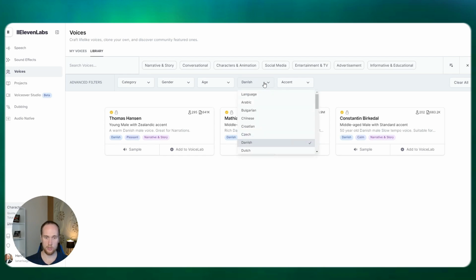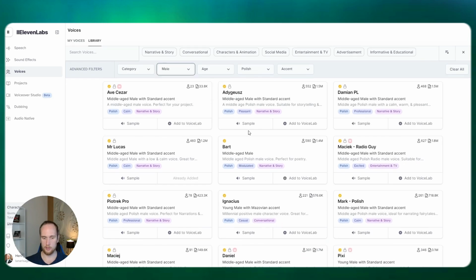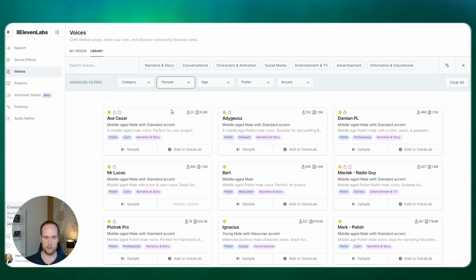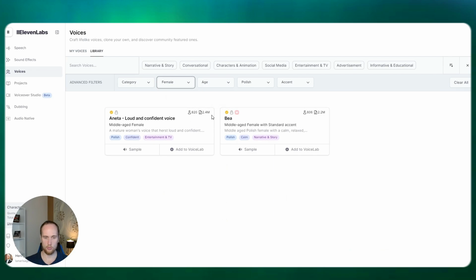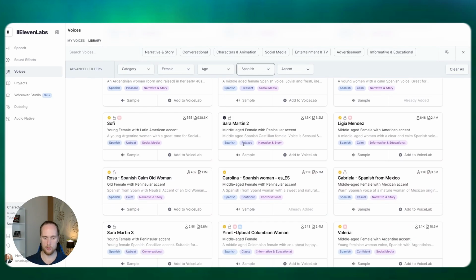So what I did when I went into here, I went into Polish, went by male, and I picked the voice that I like from here. There's only 2 female Polish voices, which I use by a lot of people actually. And then the Spanish one that I picked, I also picked female, and I just listened to the ones that I like.